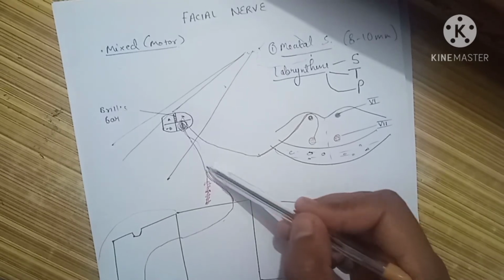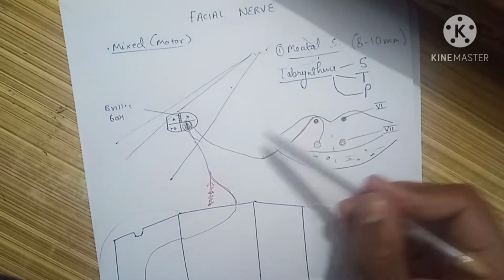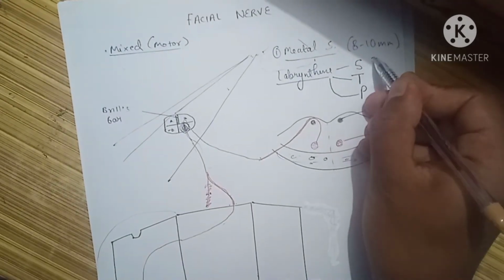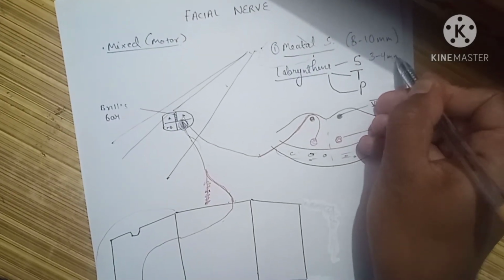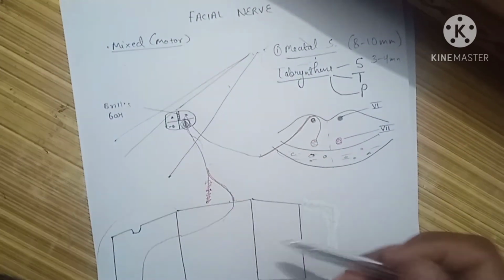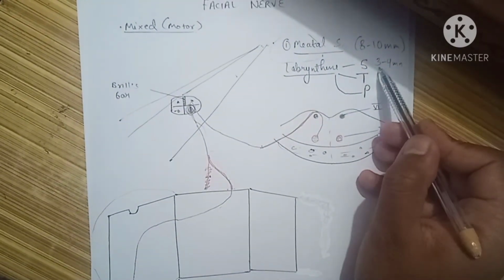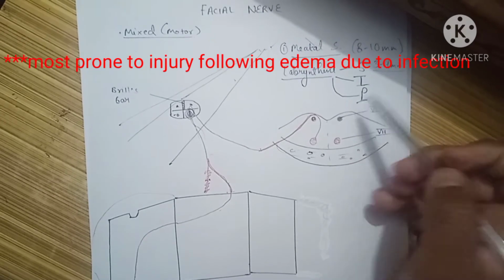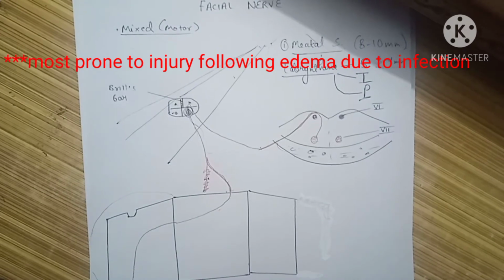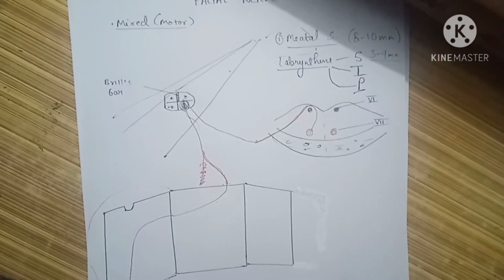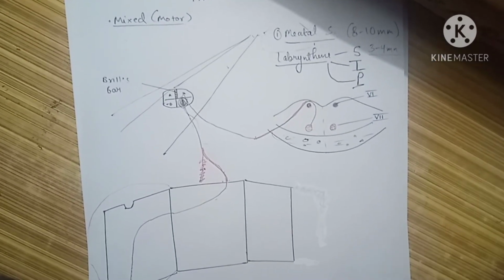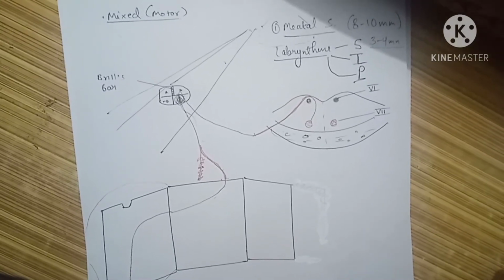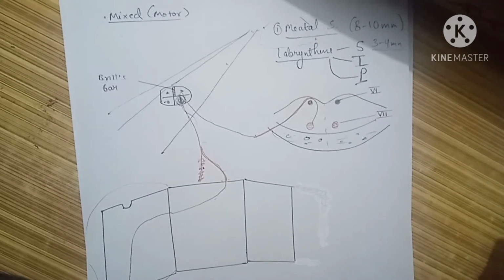So this part of the facial nerve that is passing through the inner ear is known as the labyrinthine segment, which is the smallest part, that is 3 to 4 mm. Although I have shown it longer for understanding purposes, it is the smallest part, it is the thinnest part, and it is most prone to injury. Being thin and within a small compartment, following a viral infection, if this part undergoes edema, it will quickly lead to ischemia, and which will lead to palsy. So this is the part which is most prone to injury.